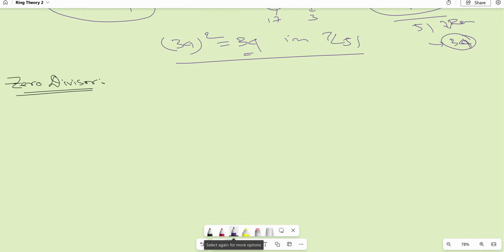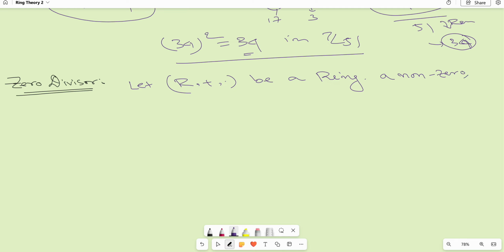What is the definition of it? Let R, +, · be a ring, just a ring, a non-zero element, a non-zero non-unit element. That means this element should not be zero, and non-unit means